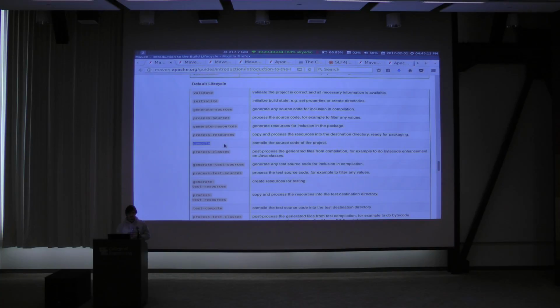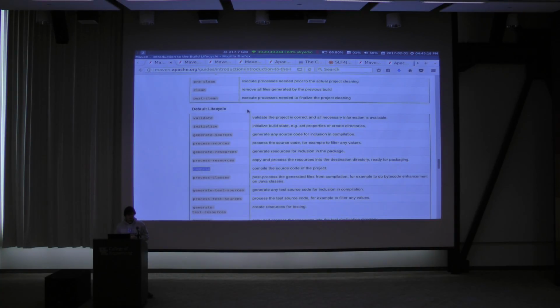So what actually happens when I type Maven compile? These phases within a life cycle are actually in an order. And the way they present it on this website, it's this happens before this, which happens before that, etc. And what happens is when you specify, I didn't specify default, I didn't do Maven default, I did Maven compile. So I specified a phase. And what it's going to do is, within the default lifecycle, it's going to run in order everything up to and including the thing you specified. So what happened when I ran Maven compile was actually validate, initialize, generate sources, etc.